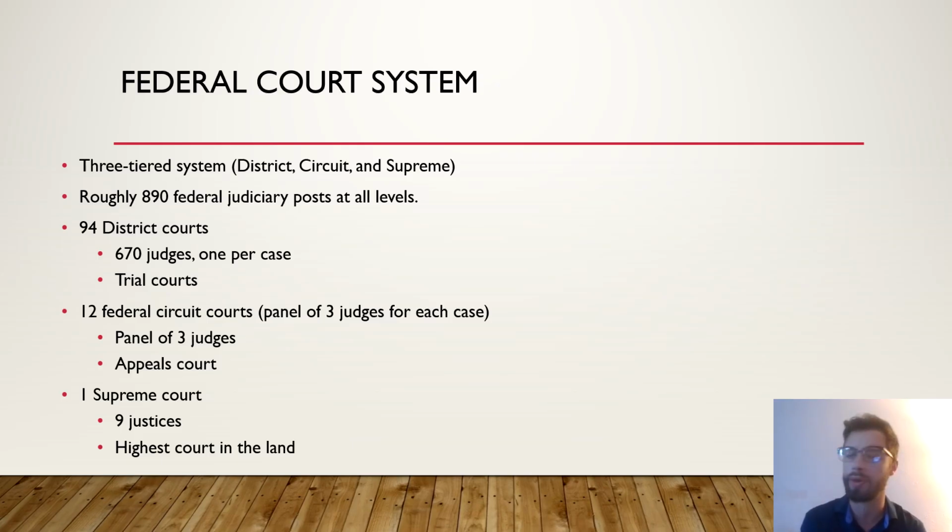Just under 900 judges. We don't have to remember the specifics of how many judges, excluding how many judges are in the Supreme Court, which we have 9 justices, as they are referred to. Within our district court, we have about 94 district courts, a little over 600 judges, but you do see 1 judge per case. Essential to remember that. This is where you do have the traditional trials, as you would know. And then you see the 12 federal circuit courts. This is where you would see a panel of 3 judges operating and running each individual case.